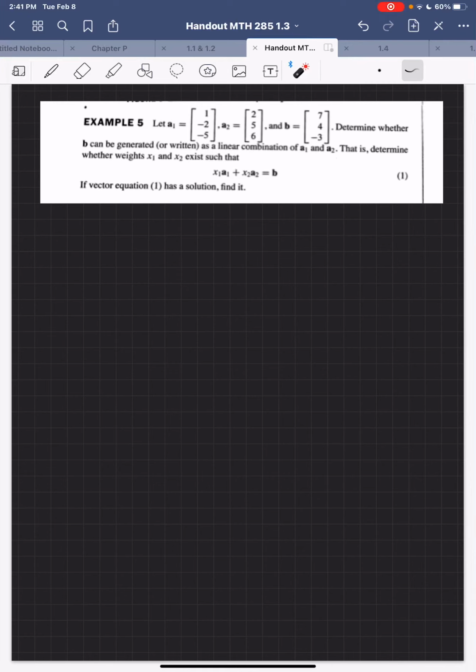All right, so welcome back. We are still in section 1.3, and we're just going to go ahead and finish it up. At this point in time, I'm going to use language like linear combination, span,